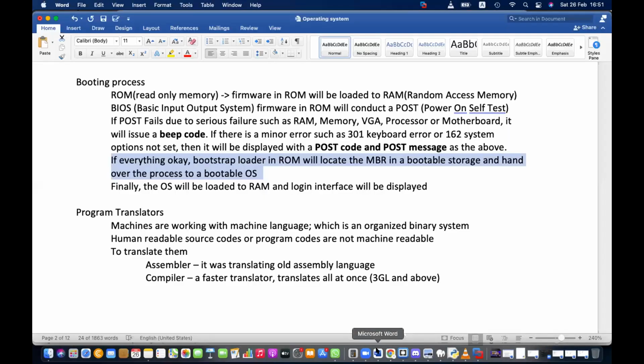But before booting, this happens. It will check for the errors, main errors, and minor errors. If no main errors and no minor errors, then the bootstrap loader will load the MBR, that is the master boot record. So the bootstrap loader will locate the master boot record in your portable disk, hard disk or CD or